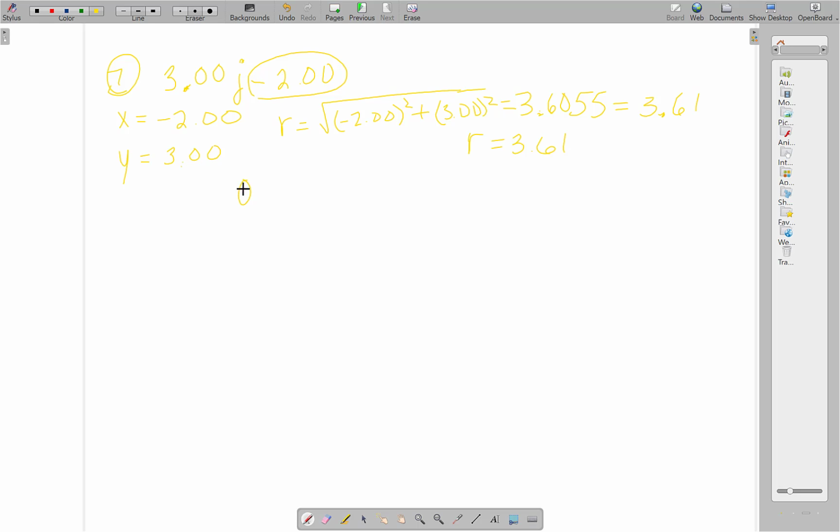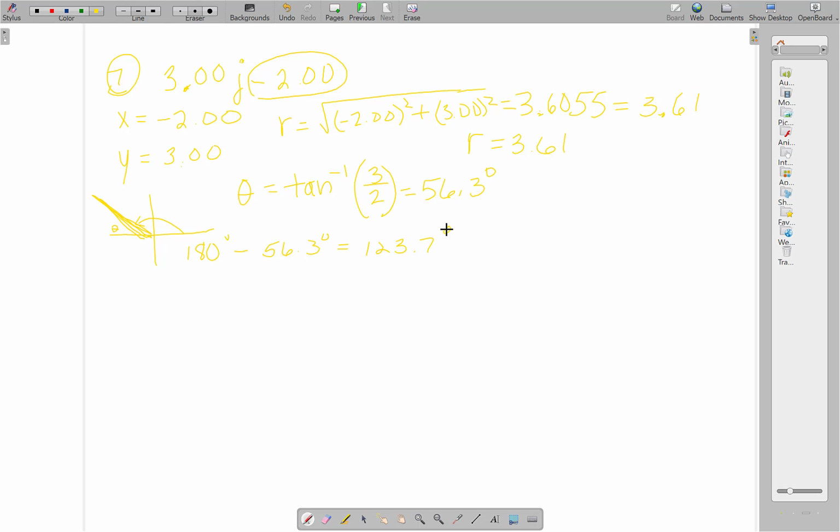Now let's find theta. Theta is going to be equal to the inverse tan of y over x, 3 over 2, which equals 56.3 degrees. Now again, we have to check. If we have our Cartesian plane and our x is a negative 2, we would go this way, and y is 3, so our angle is going to be in the second quadrant. So this 56 degrees is actually the reference angle. So we have to figure out this angle. So we would take 180 degrees minus the 56.3 degrees, and that is going to give us